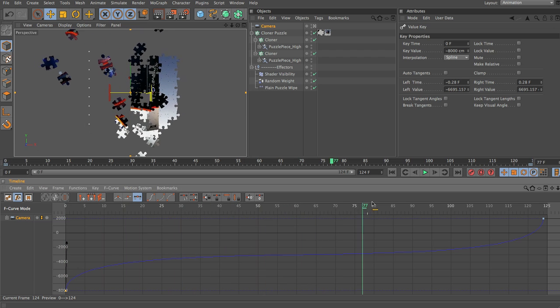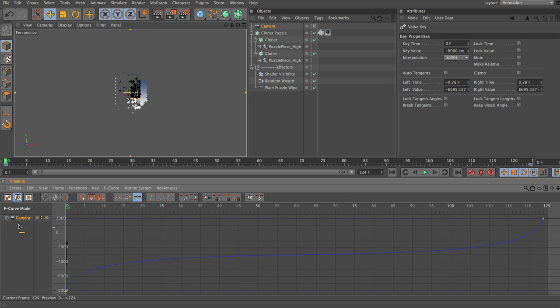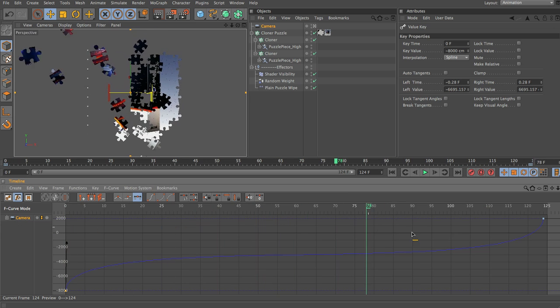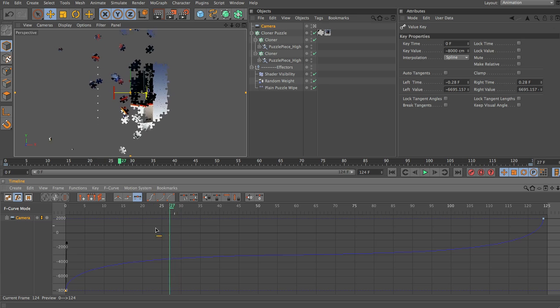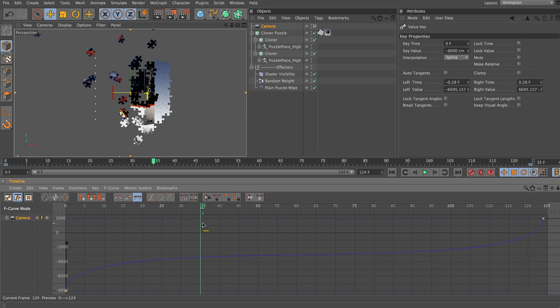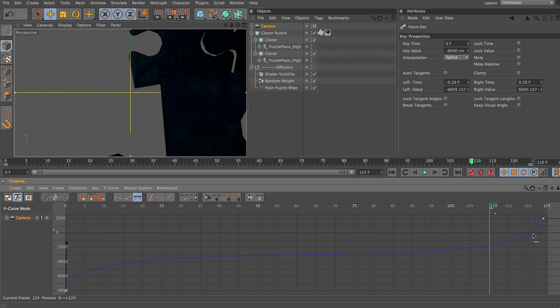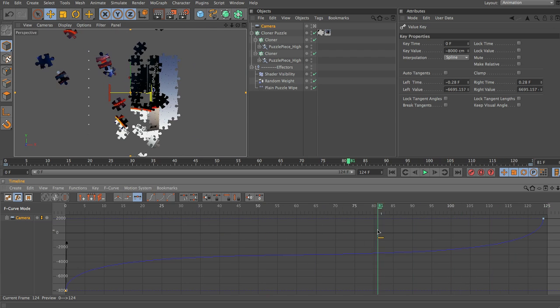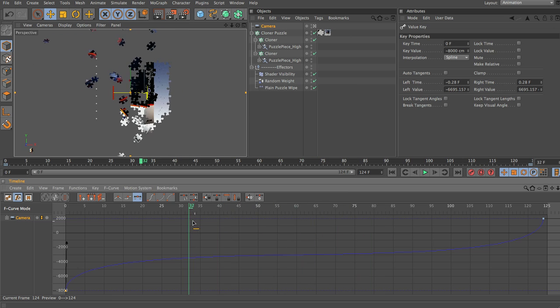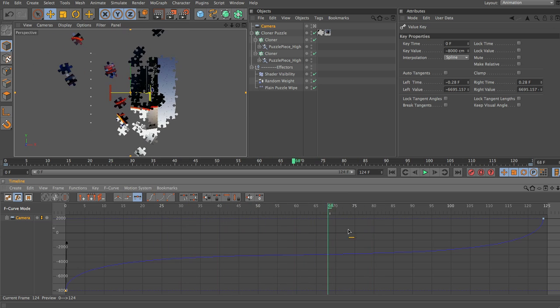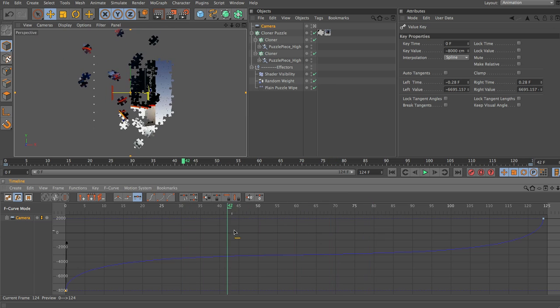You can see what's happening there. At this point here, we really want the jigsaw to be assembled, and at this point here we want it to start breaking up. And for these middle frames, we want the whole thing to be together, so it's coherent.